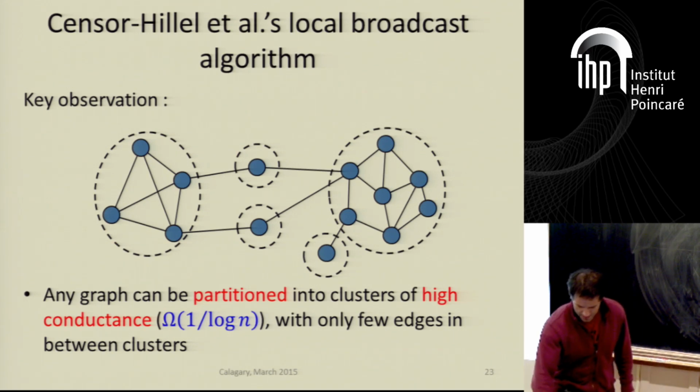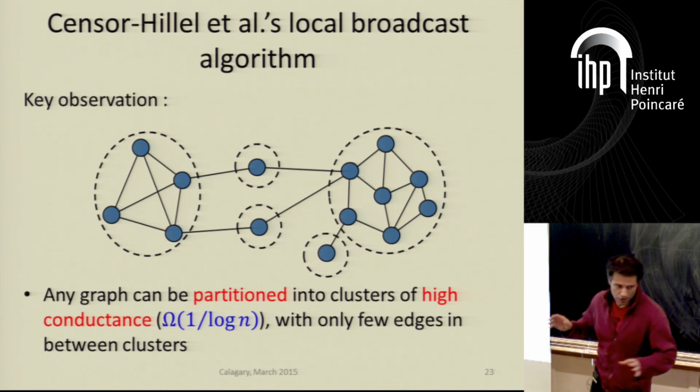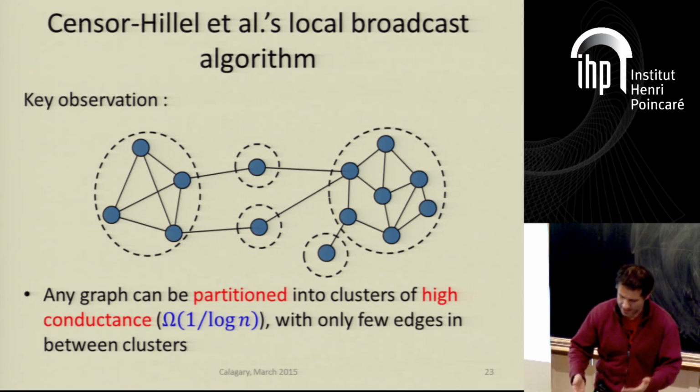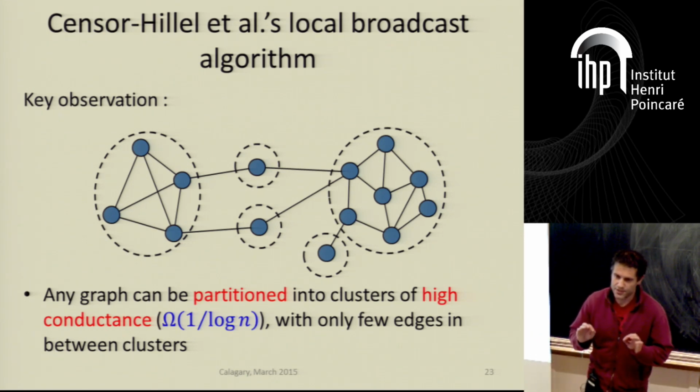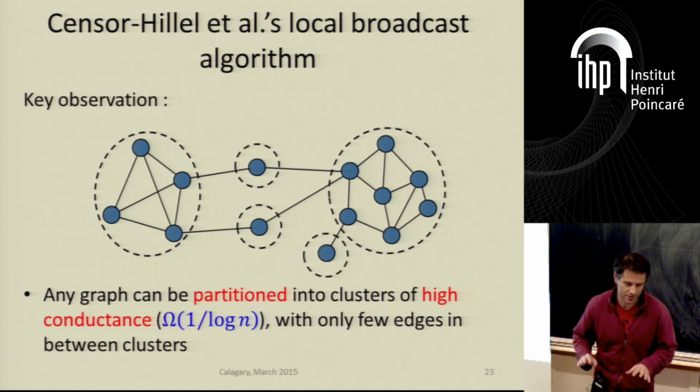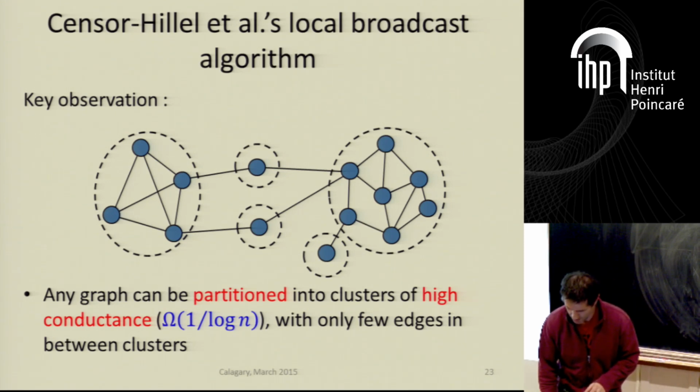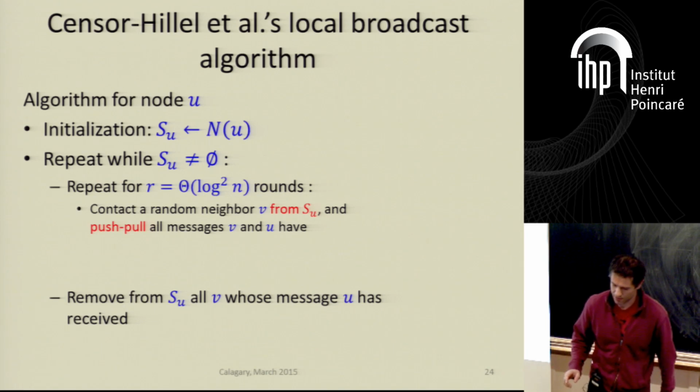From what I've told you so far, you may assume that the algorithm needs to find this partition, but this is not the case. It just requires the existence of such a partition, and this existence is proved. So here is how the actual algorithm runs.